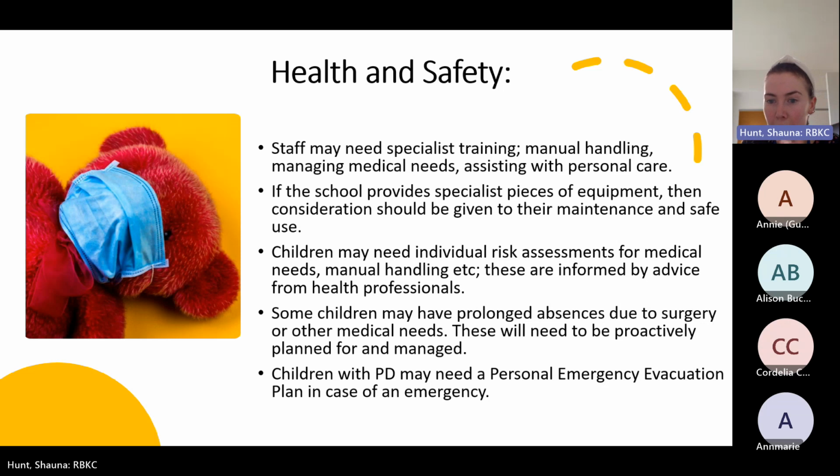So obviously in case of an emergency, all staff working with these children need to be aware of that plan. They also need to consider things like the emergency exits, which need to be checked for accessibility, and the fire policy for the building must be strictly adhered to. So that might mean not using lifts and making use of safe zones, or using an evacuation chair for that child. That's a specialized piece of equipment for children who have mobility issues and will not be able to use the stairs or the lift.